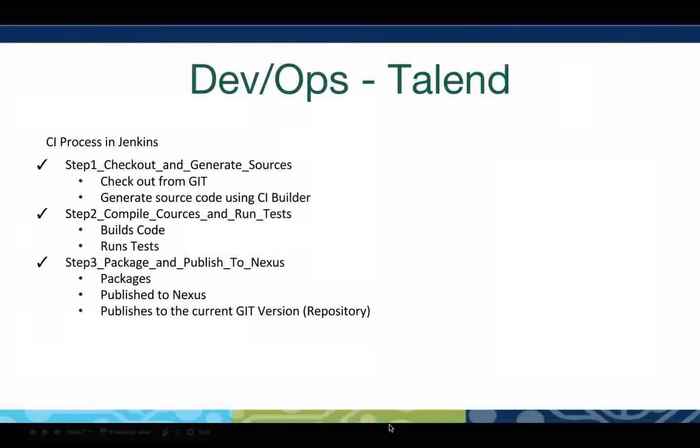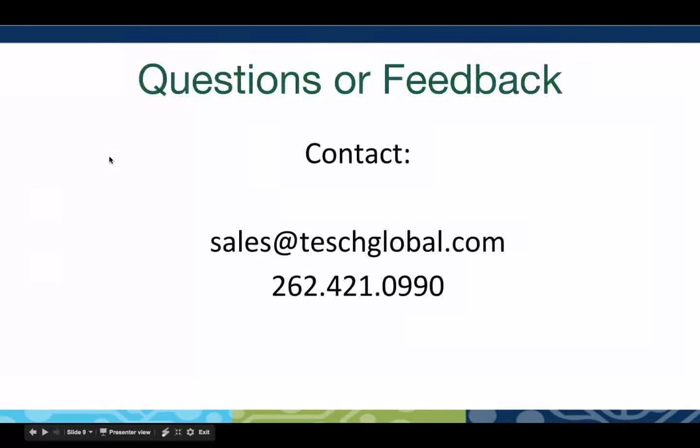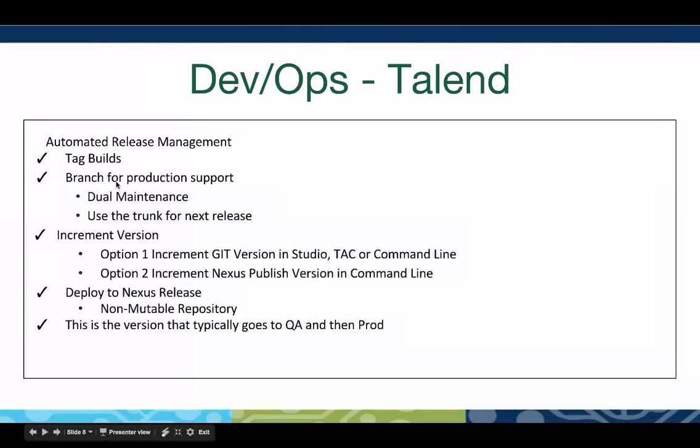Now, it's kind of the fun part. What can you do beyond that, and take that to the next level? You could do things like tag builds. That way, if a build turns into a release to a higher environment like QA, you can always branch that and label that, or actually have a published version that matches that in Nexus. This can be a whole webinar within itself. But what we typically recommend is that you branch at a release for production support, and